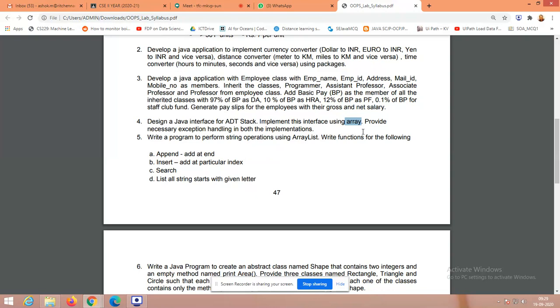Using a one-dimensional array, you have to construct the stack. So what could be the stack? What could be the logic of stack? It's like a jar. What you drop first will go and settle at the bottom. What you drop last will be available first. So that could be the basic idea behind this. So it could be like a one-way array that you have to push towards the corresponding end, which you are going to carry out.